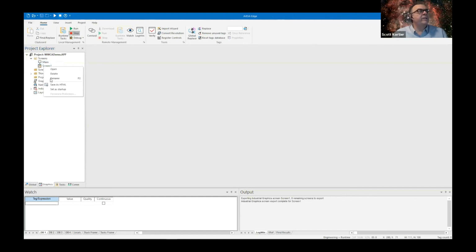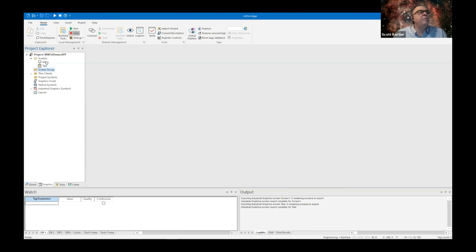Here's something else that we did new for this version, is we added a rename. So that I can come in here and very quickly and easily rename a screen. Now, you can have both of these screens available in the same project. And what I mean by that is just like I have here, where I have the native screen and the new screen. But in addition to that, I can use what's called screen groups.